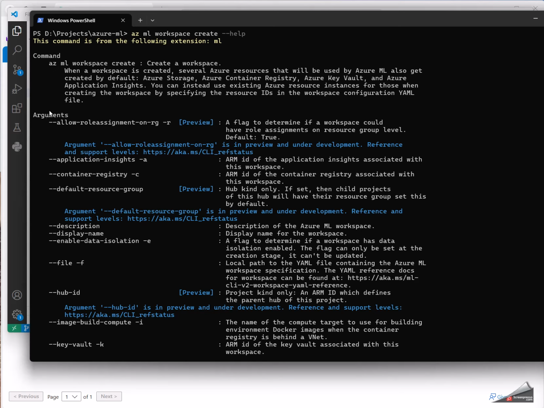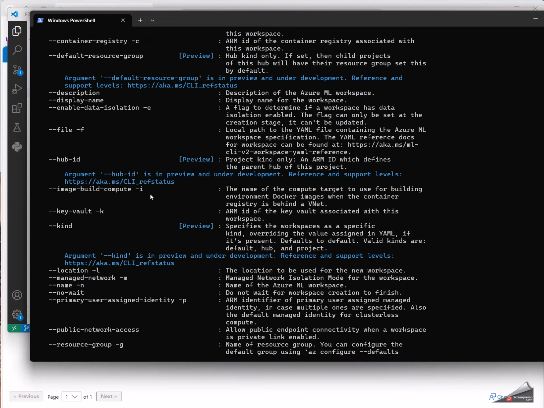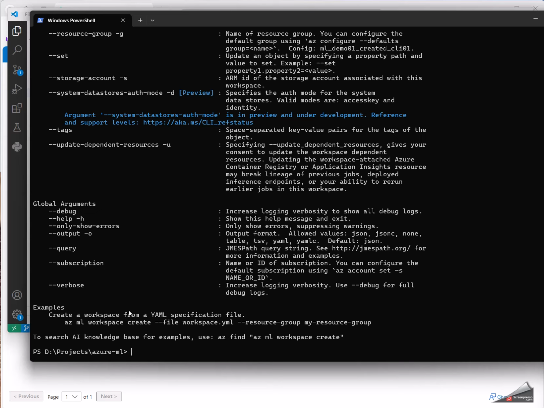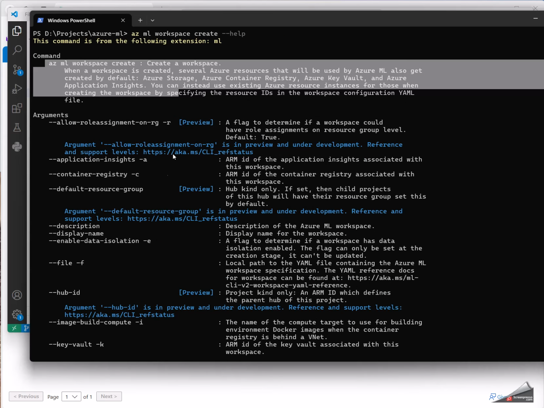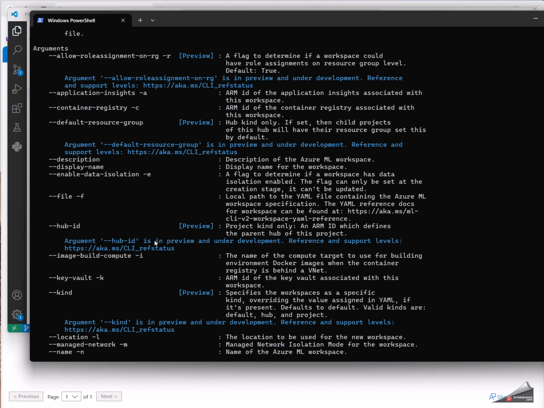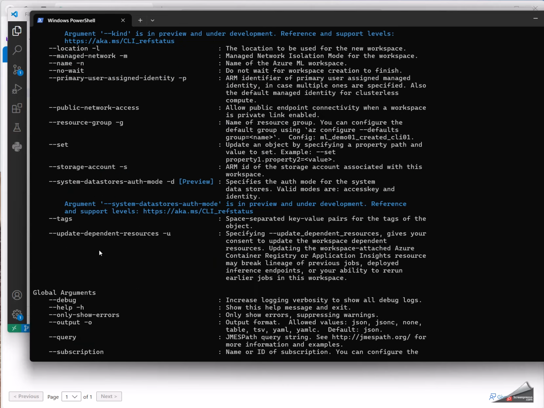And you can see here the machine learning workspace. This is a description and the required parameters. A storage account.